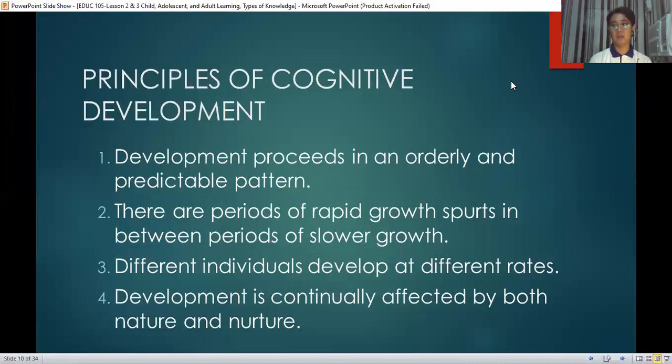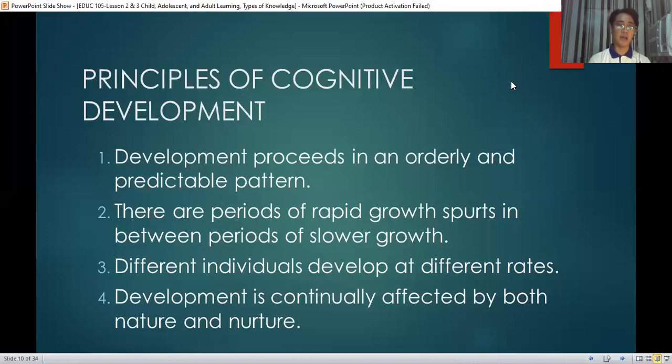So this is not only something physical. For principle number two, it has something to do with the cognitive aspect too. So again, principle number two, there are periods of rapid growth spurts in between periods of slower growth. And this is noticeable especially